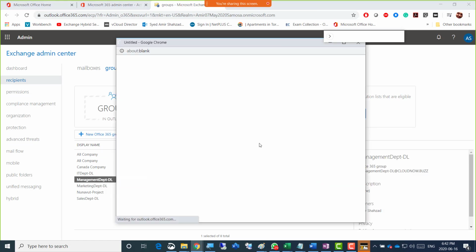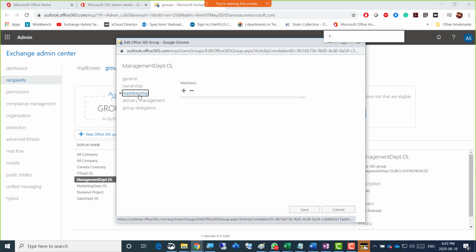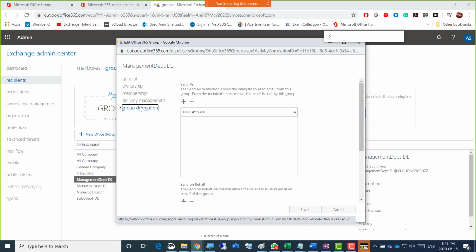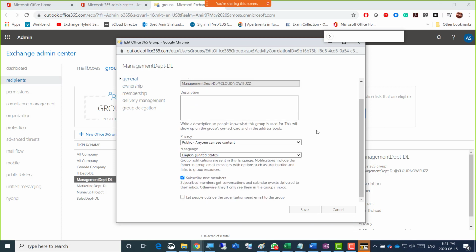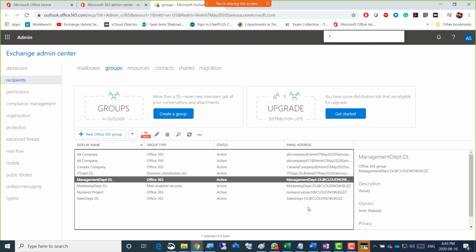If I double click that and go to ownership, membership, group delegation, okay. Once created, I think they're not letting us do that.